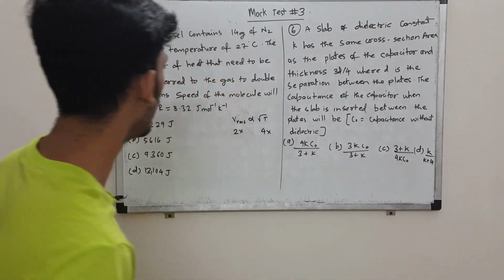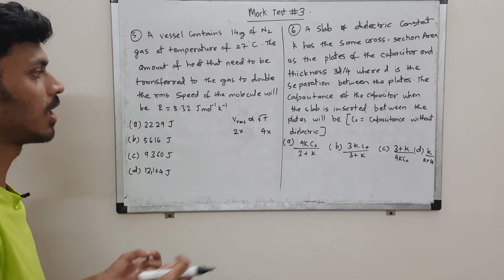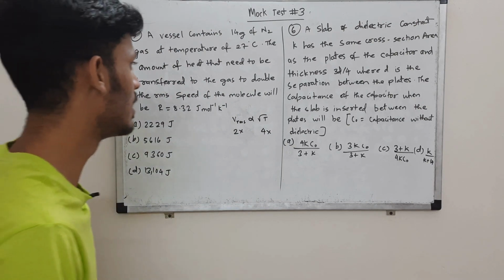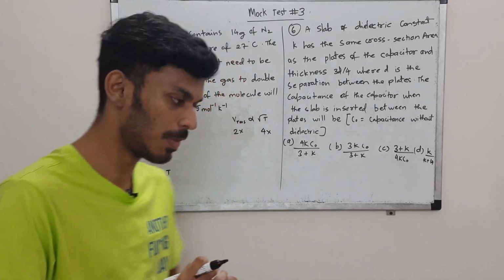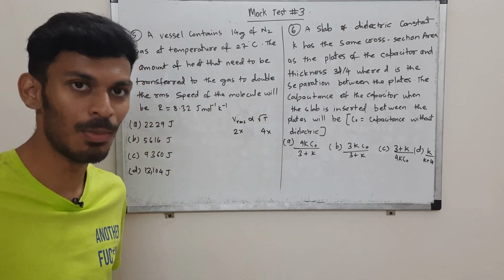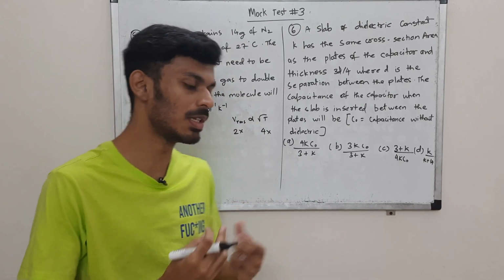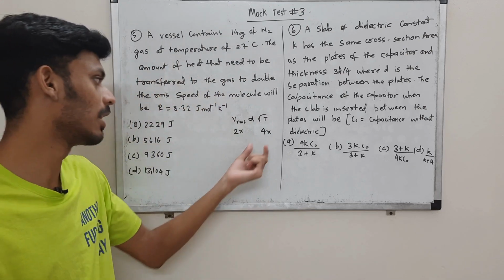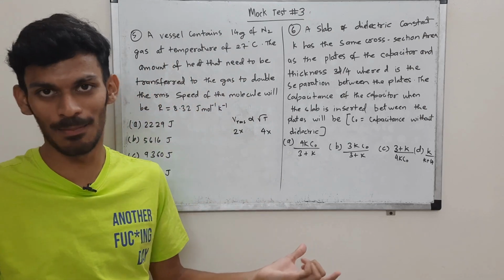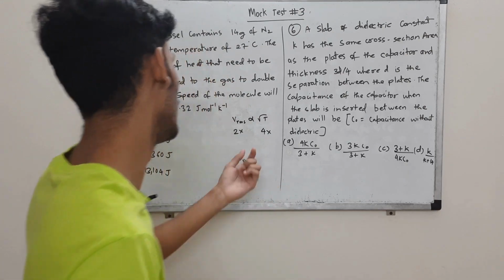But that is not the question. You are supposed to tell what heat needs to be supplied. So basically the question now becomes: what is the heat that needs to be supplied in order to make the temperature 4 times the initial temperature? Now it's properly framed, right? So